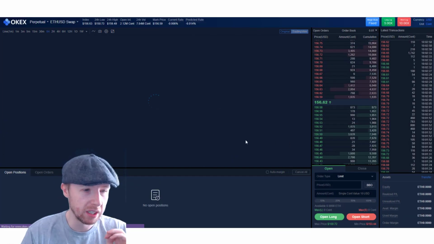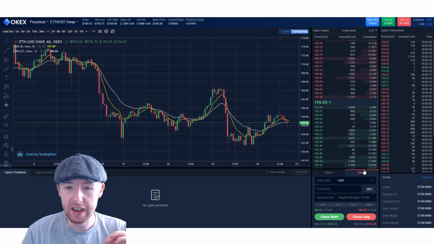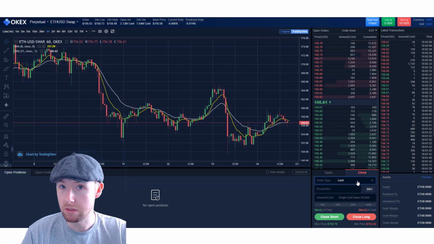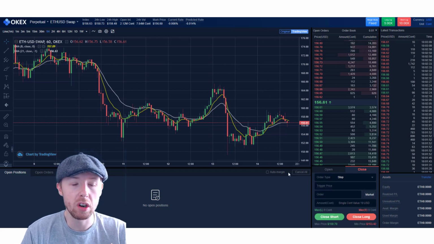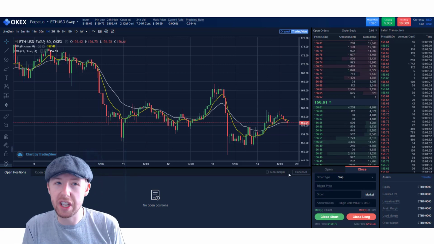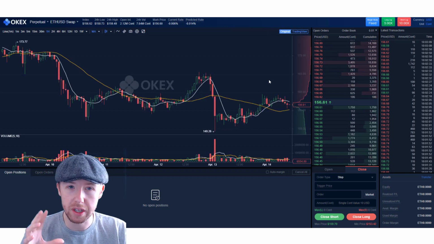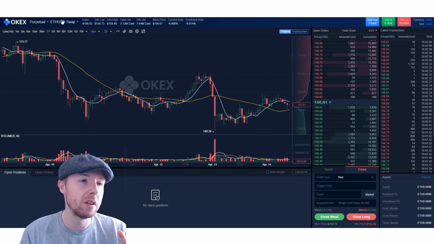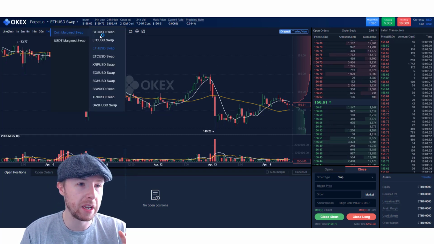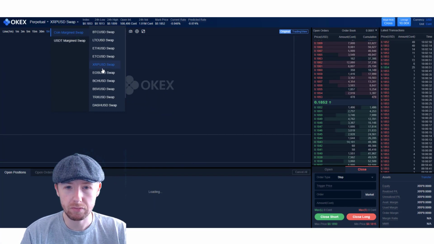Really, really simple. All your orders up here, your open orders, order history. Again, if you want to close it, you can put a limit, take profit. Or if you want to put a stop loss in there as well, put a stop loss. They all appear on the visuals as well, so you can play around with them. You've obviously got the original and also the TradingView version. So it's really, really easy. In terms of swapping around though, you can pick your asset and go boom. Oh, there we go. So if you want to do XRP, there's your XRP.